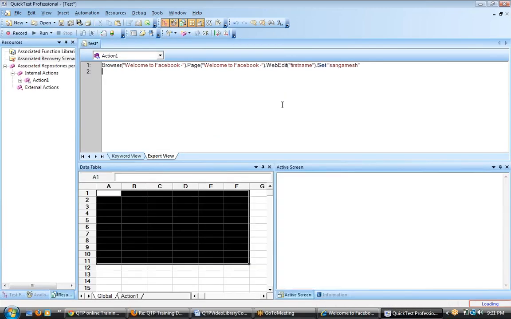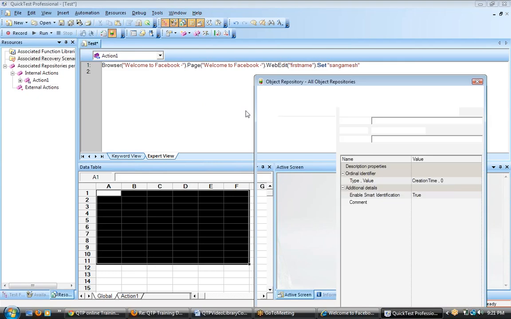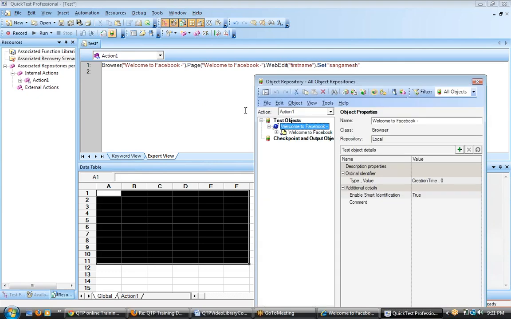Okay, value is nothing but a property. Area required is a property. Placeholder is a property. ID is a property. Label is a property. The class is also a property. So these are the properties, and the values are nothing but the values which are assigned to that particular property. Okay, now for example,